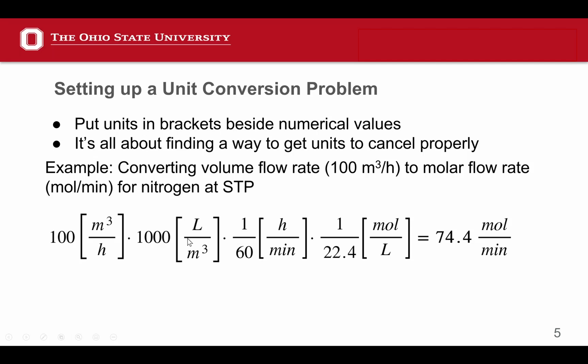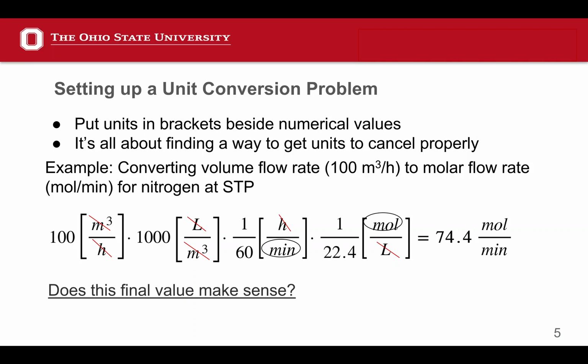Setting this up as a multiplication left to right is typically a good way to check that all the units that we don't want in there do end up canceling. So we see that cubic meters cancels here, and liters cancel, hours cancel, so we're just left with the units that we want. Now that we have our final answer of 74.4 moles per minute, we can ask, does this